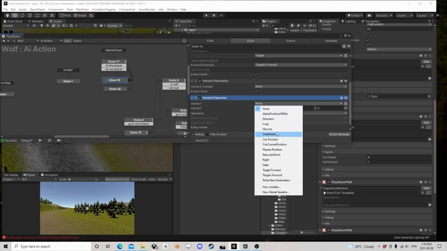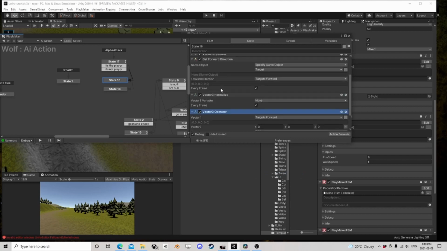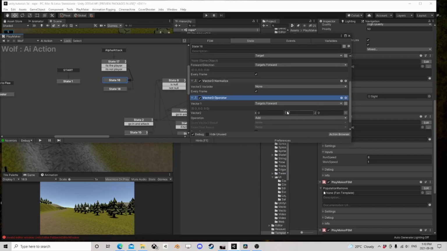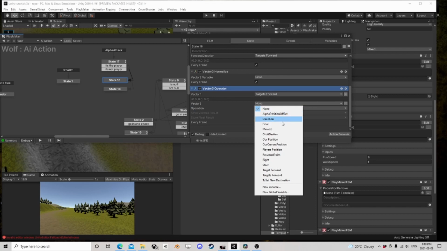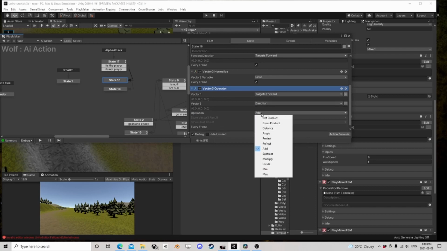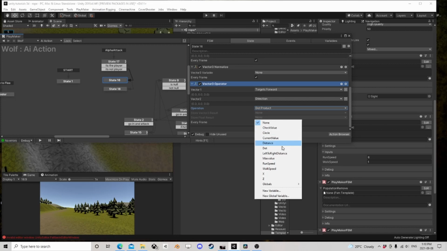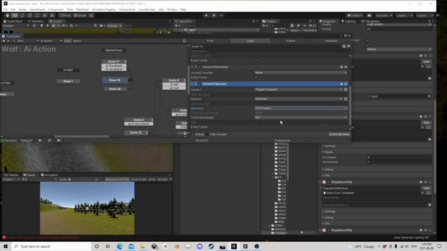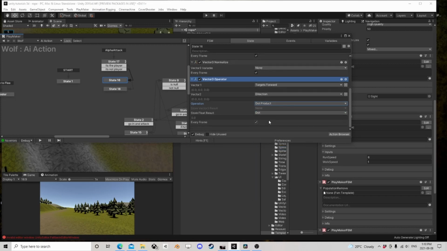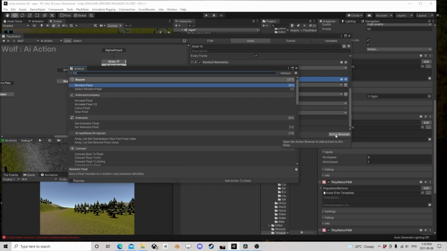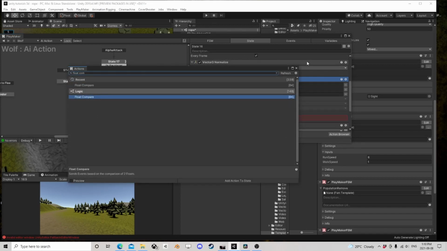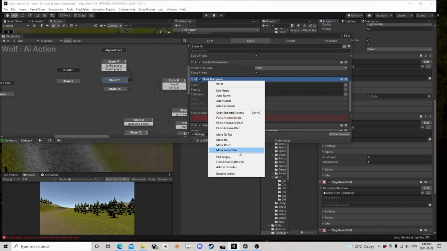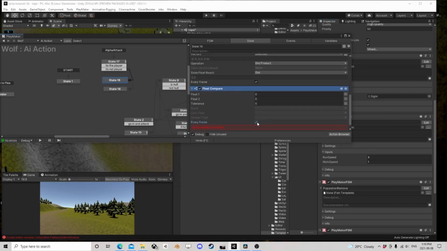And now we can take the target's forward. Oh, make sure I use the right one. Target's, yeah, target's. And our direction. And we're going to do this thing called a dot product, and it comes out with a dot. I have a variable called dot. I'm just going to put it in there. If not, just make one. And then float compare. Move to the bottom. So now what we need is we're going to compare our dot